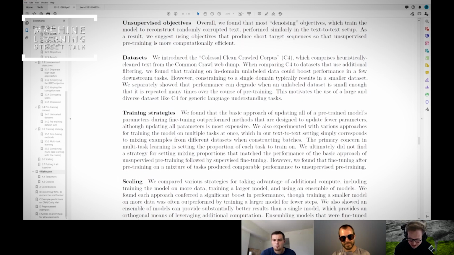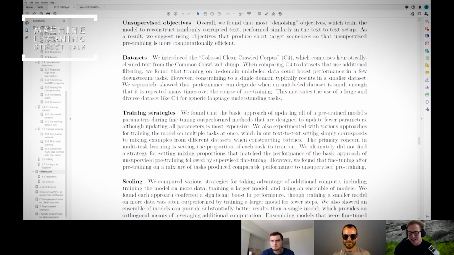So they started off with this C4, which is this huge dataset. It's 745 gigabytes, and I suppose what surprised me is that's filtered. It was 6.1 terabytes, and after they filtered it, it got down to 745 gigabytes. And by filtering it, they removed all of the JavaScript. I think they only took sentences that ended in a period. I think they did some deduplication, but it's surprising how much they could filter away.